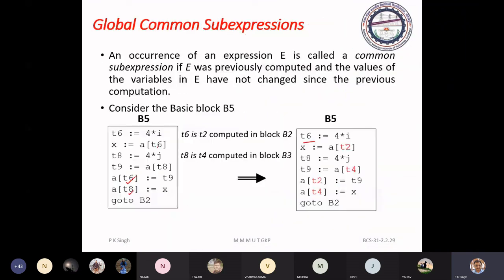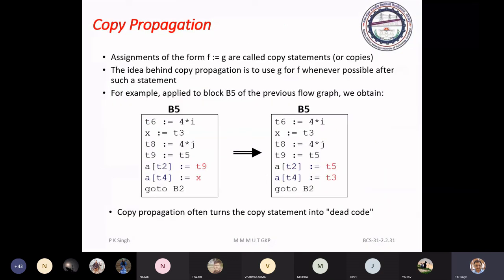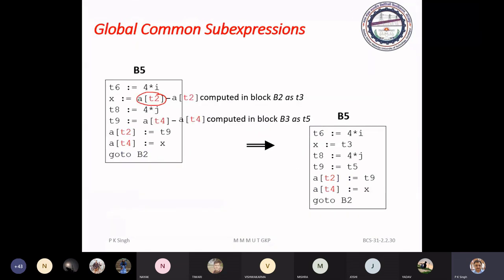So what we can do, in place of AT2, we can write T3, and in place of AT4, we can write T5.